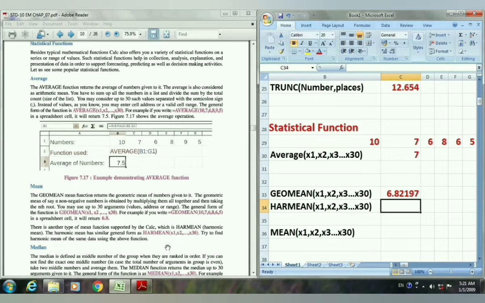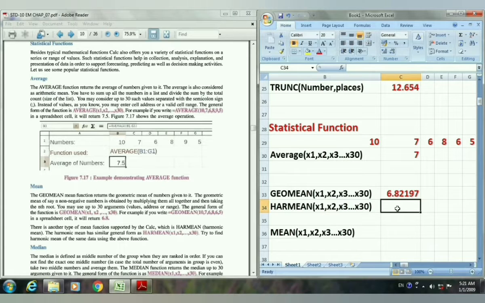Next there is another type of mean function also supported by Excel, that is the harmean function. It stands for the harmonic mean. The same syntax is there, just the name is different. So now we will try that function also. Here that answer is not given, but we have to try that function.